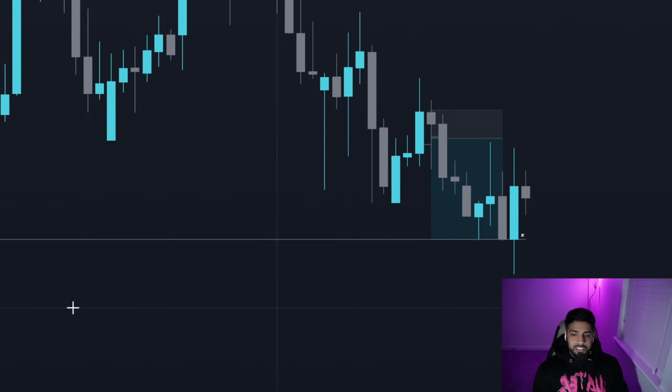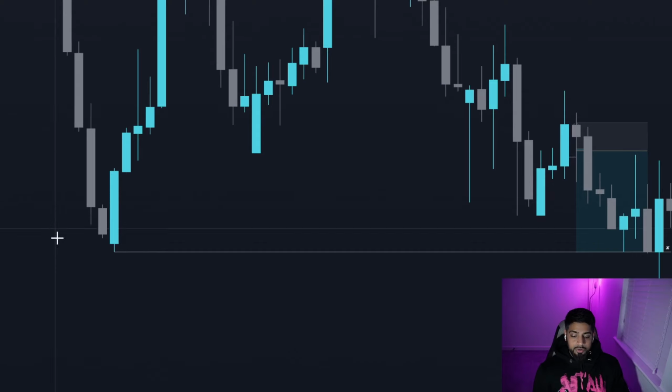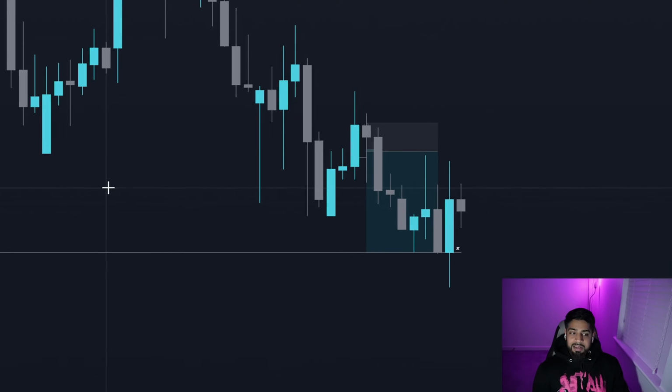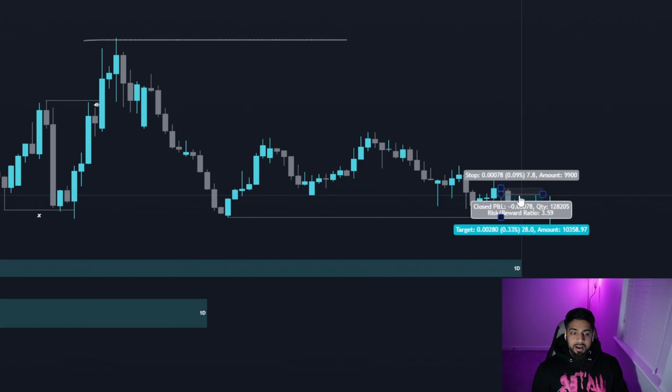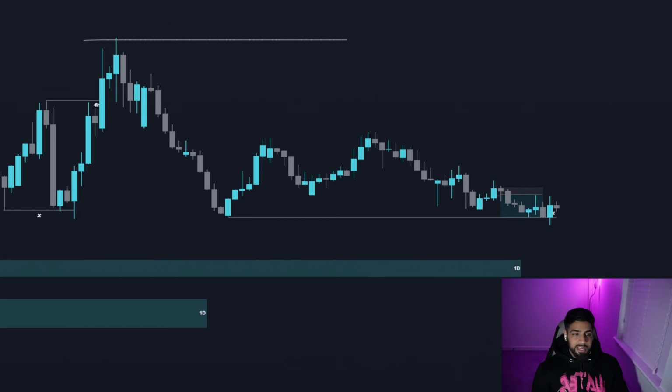anticipating is that I wanted price to come and sweep below this previous higher low. And because I knew that price was targeting that liquidity, this is where I anticipated price to push up from, just like it did previously all the way over here. So we had a sweep of liquidity, then we put in a brand new high. So my anticipation was that we sweep this liquidity, and then from here we're going to get a brand new